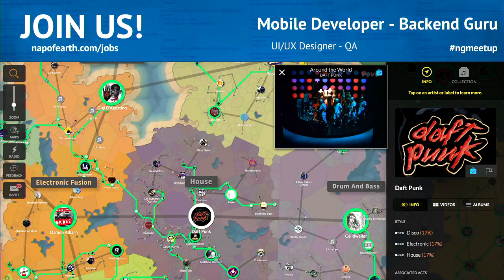And notice also that the map's hierarchical. You can see smaller little dots right there. That's because those guys aren't as prominent in the map of music relationships to the world. And in this case, I've clicked on the disco subway line so that it demonstrates all the related artists that relate to disco who are also related to Daft Punk.